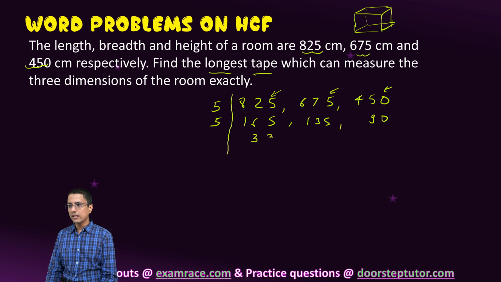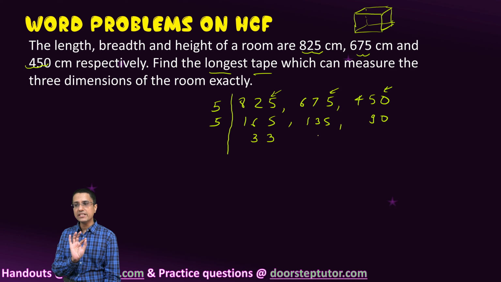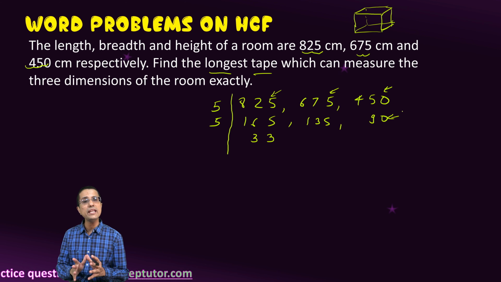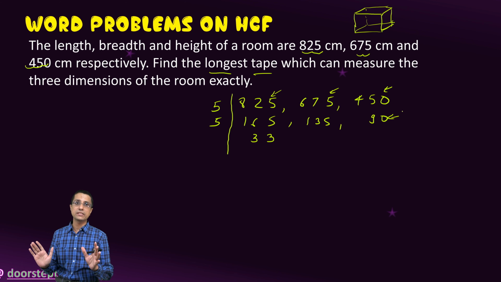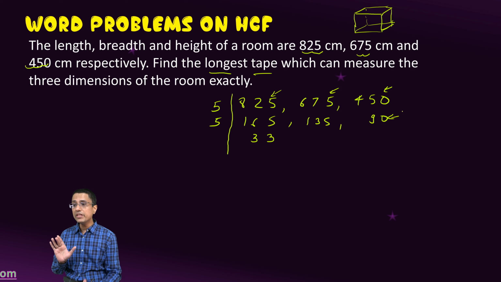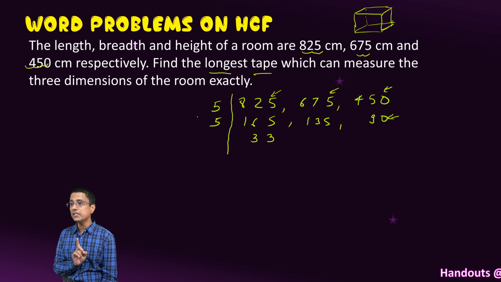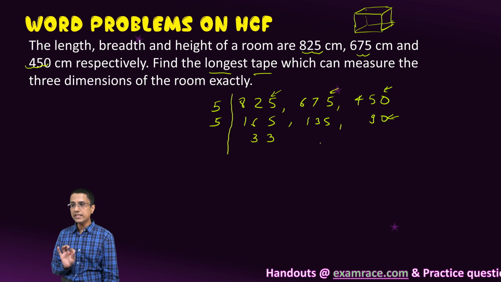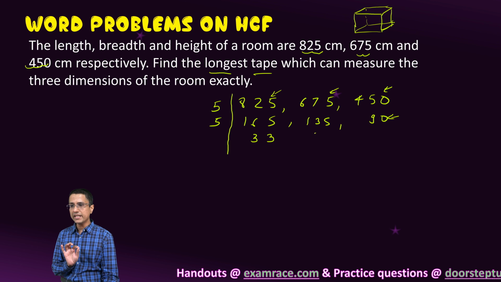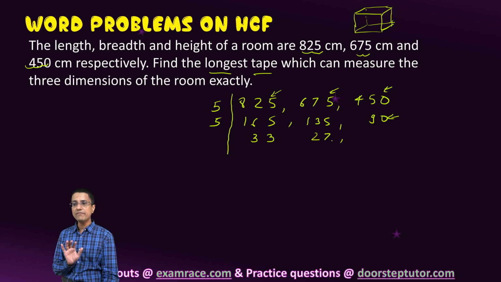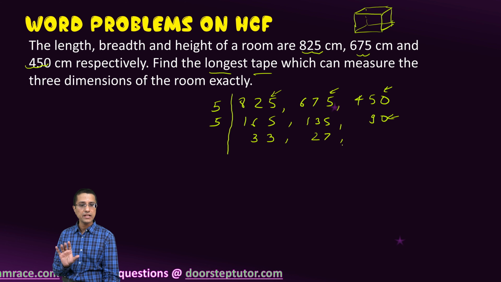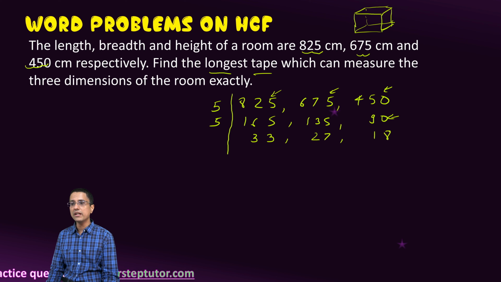Notice, like I said again and again, I am emphasizing, for HCF we continue this division only if all the numbers are divisible. If even one of the numbers is not divisible by, let's say, 5, I would stop right there. That is the key thing here. In a second we'll look at LCM, and there we'll do it a little differently. So keep this concept very clear, so that when we come to LCM you're not confused.